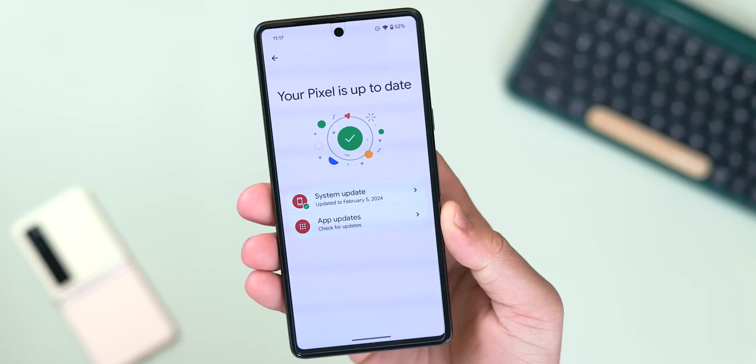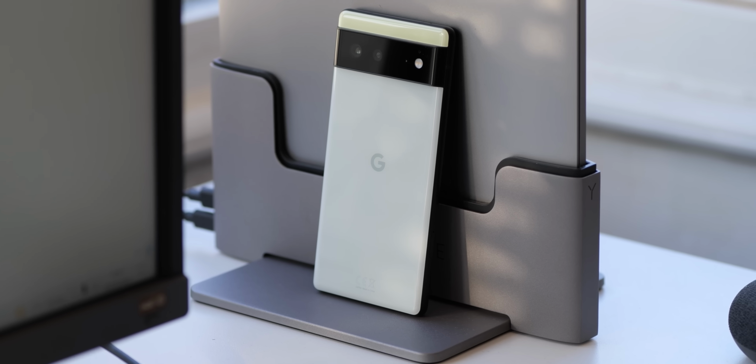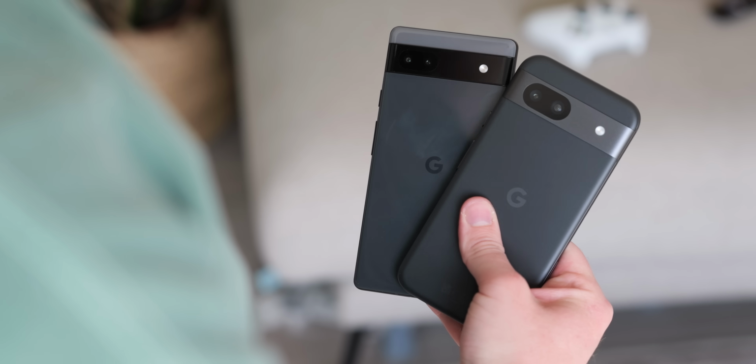The Google Pixel series is known for having regular security patches and updates, but that has recently changed to become one of the longest official support windows in the industry. If you have a Google Pixel, here's how long your device will be supported and steps to take if your